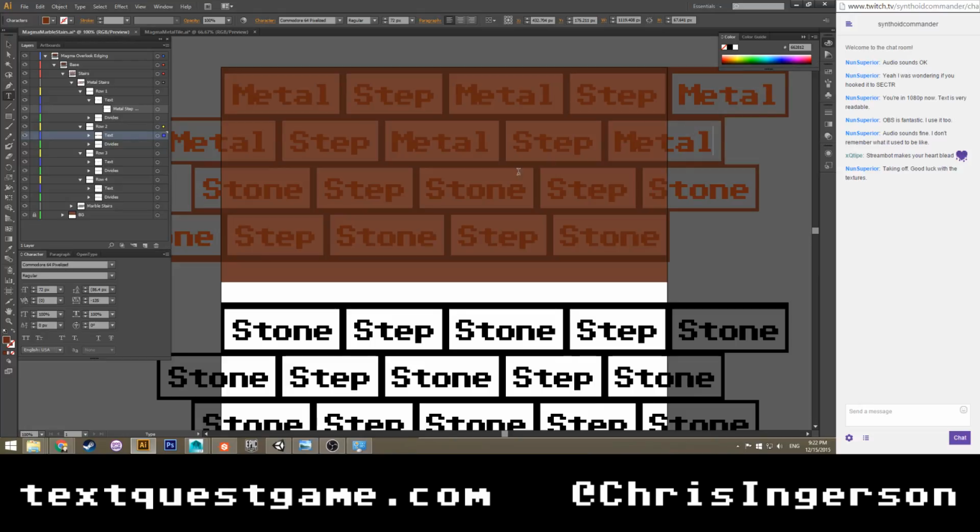Because M is the whitest character in the language. So you can see that it's bleeding into the E. Great. So that makes me sad because that means that I'm going to have to offset my M. Go figure.